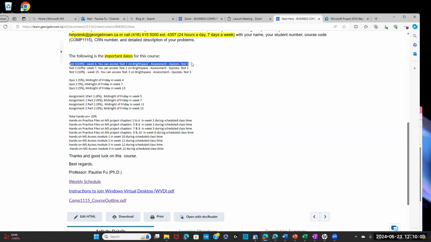Hands-on projects 2 to 4 are overdue already. Today is week 3, so today we'll do chapter 5, chapter 6. Total hands-on is 20%. Our first assignment is due week 5 after test 1.